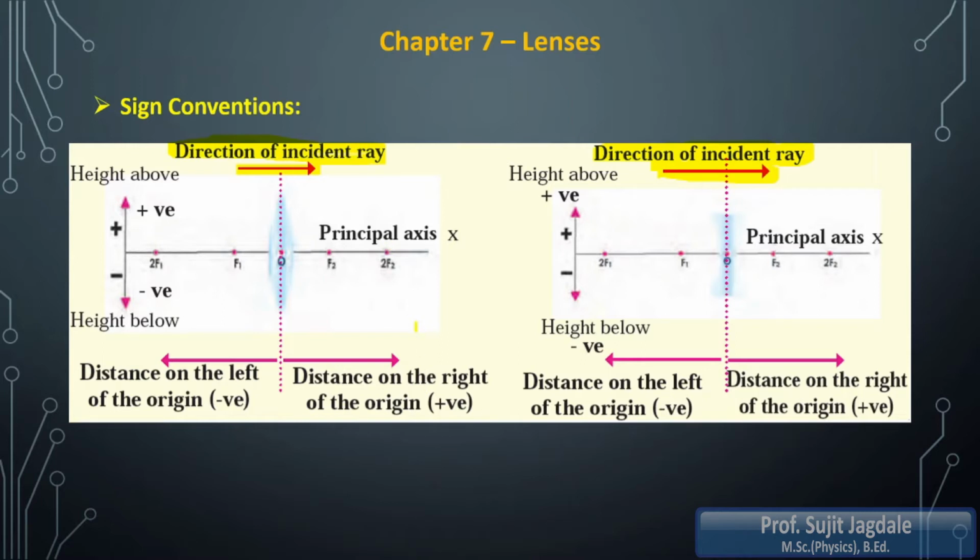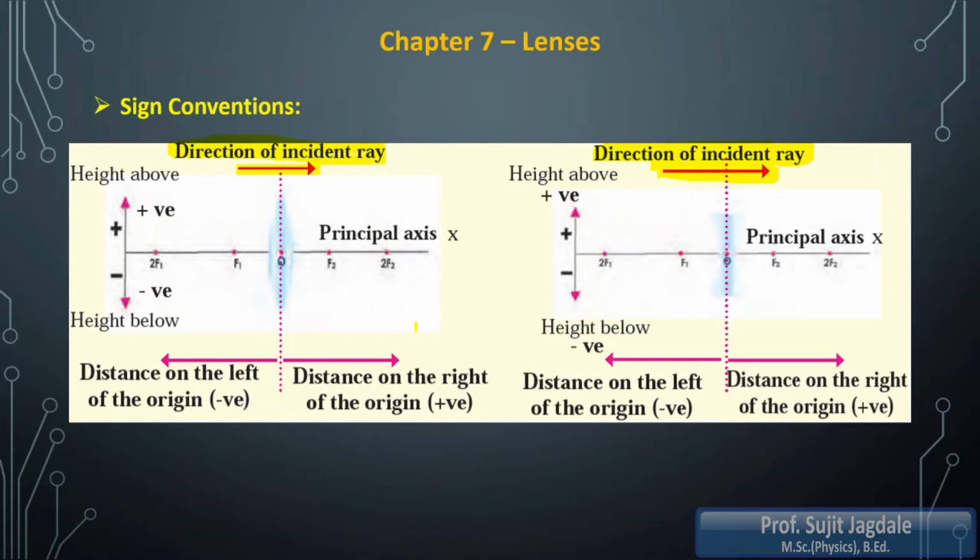Then the next sign convention is that we have to measure the distances. That means we have to measure the object distance, or sometimes the image distance, or the focal length. Here in case of lenses, 2 focal lengths are there, so we have to measure the 2 focal lengths. Then again we have to measure the height of the object or the height of the image, like this. So different